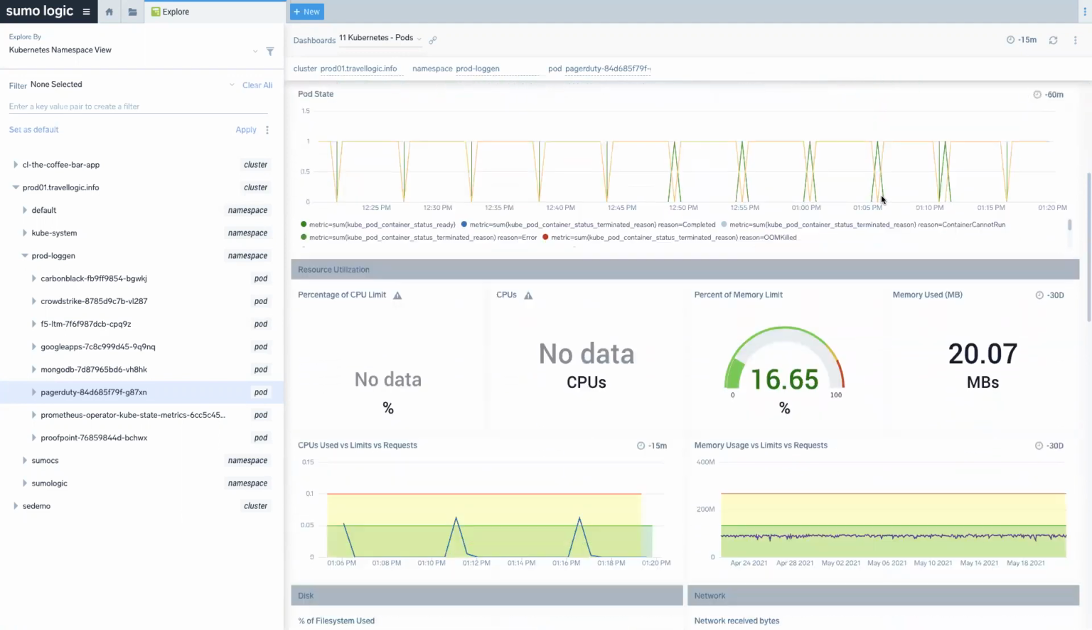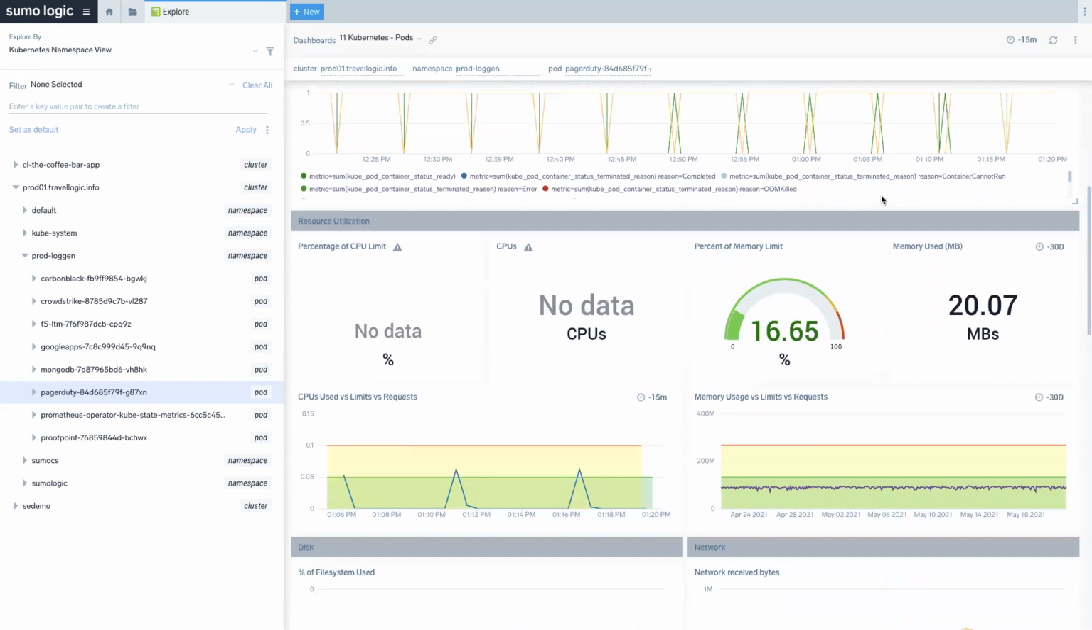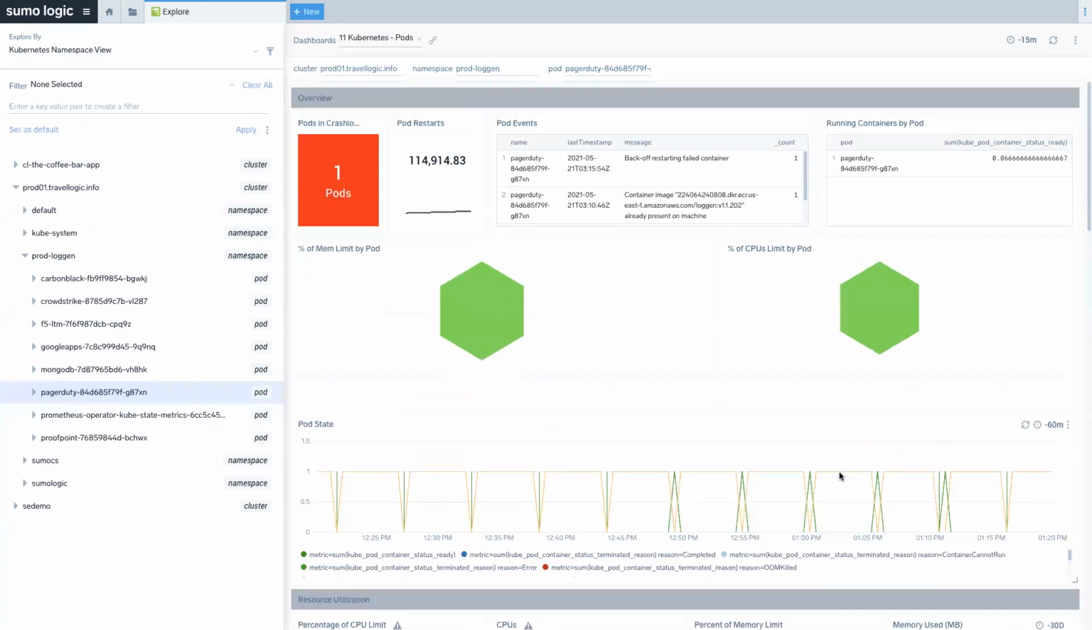Now, if I go down here, I can see that it's not the same memory issue. So my working set bytes is well within my allocated limits, and so that's not the problem. There's something different going on here. So what I can do,